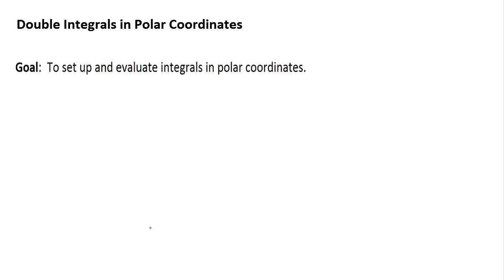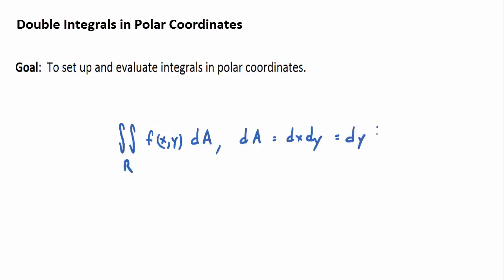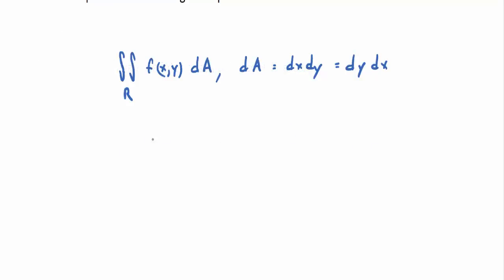So, a generic double integral looks like this. We integrate over some region in the xy plane. Typically, we call that region R or D. And the integrand is some function with two inputs, f of x, y, dA, where dA consists of two differentials with either the order dx dy or dy dx. And if you remember how we define the integral, it's really the limit of a Riemann sum